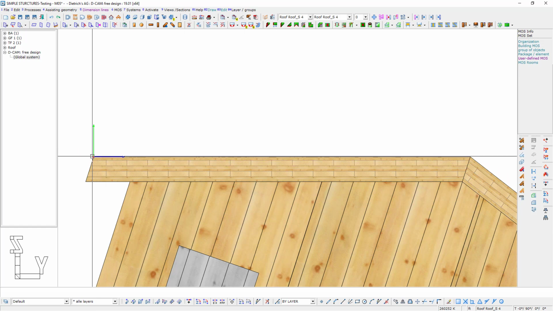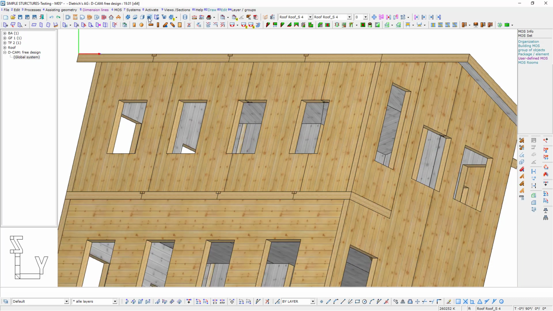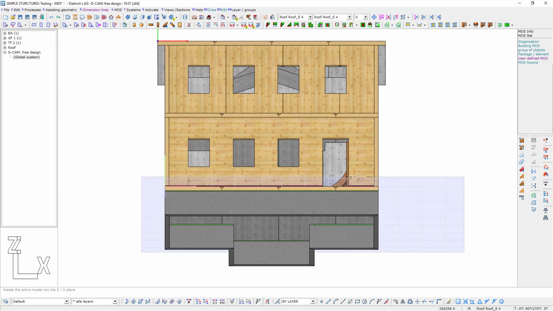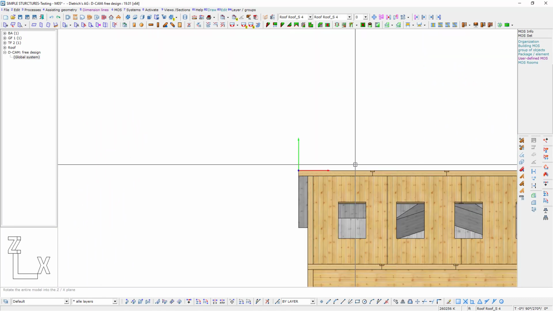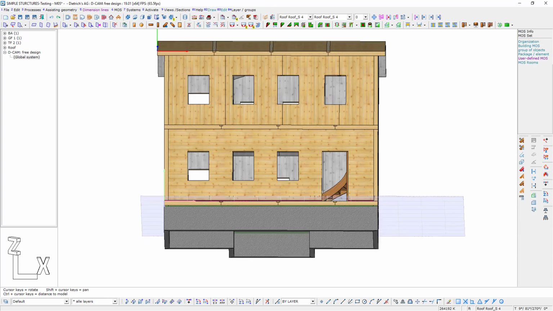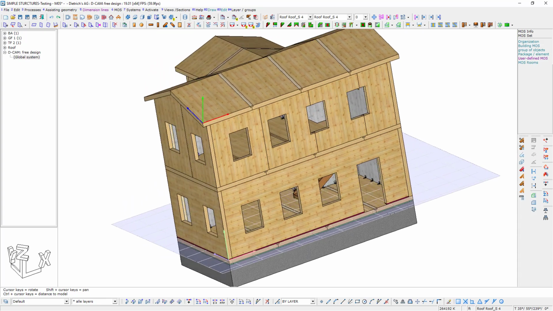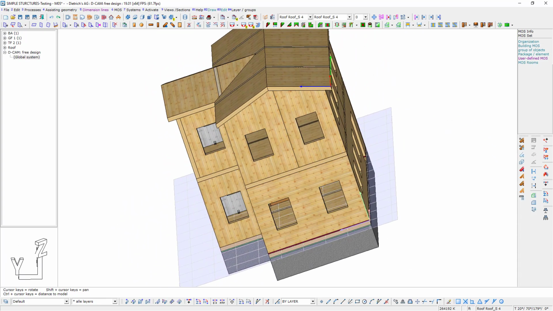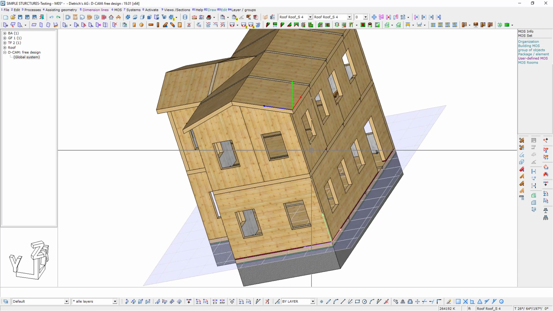You'll also notice that I'm at a 90-degree angle with this plane. I can do a front view, and again, we're perpendicular to the plane. And I'll just orbit around a little bit so you get a feel for this. And see, now you can see how that's oriented itself. Okay, now this can be a little strange for some of us, but I have to say this is really